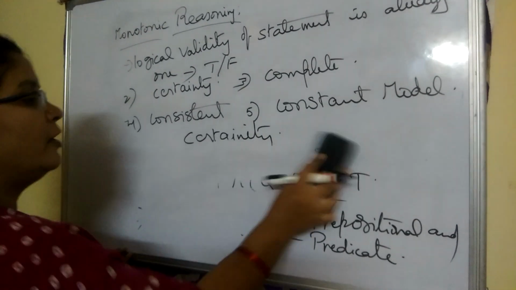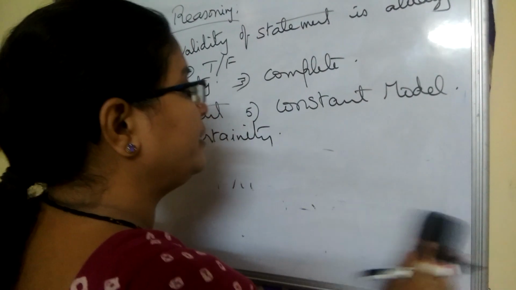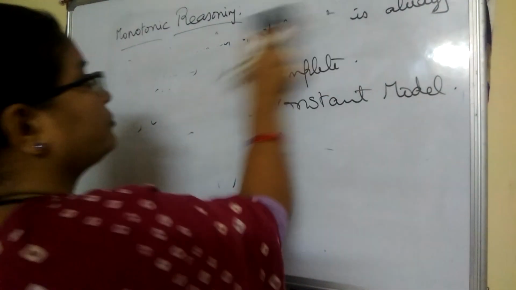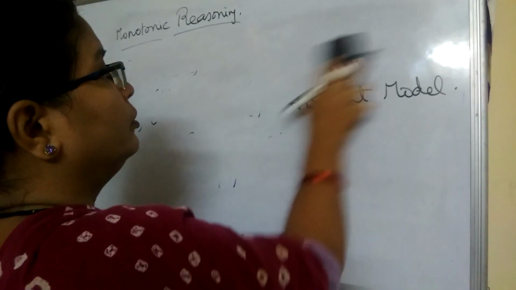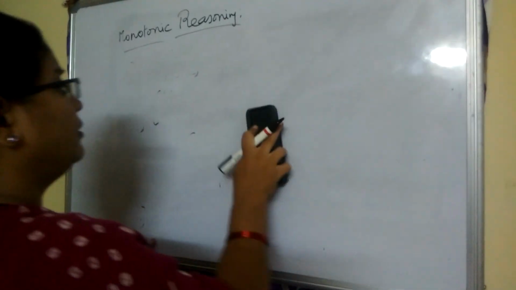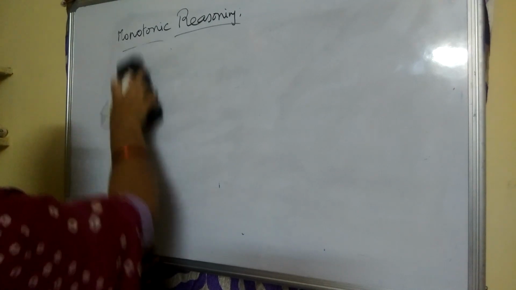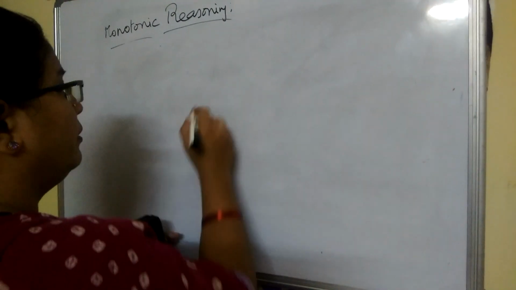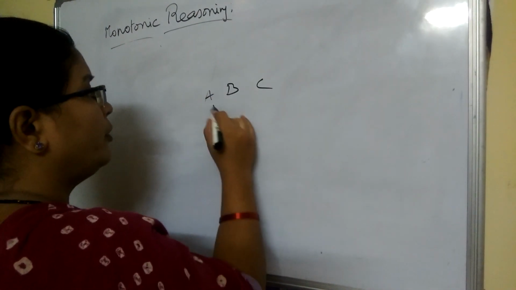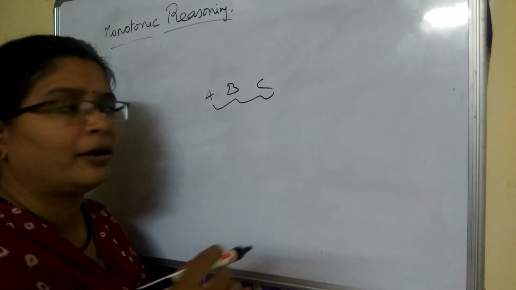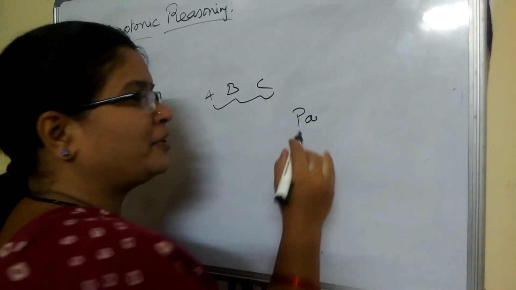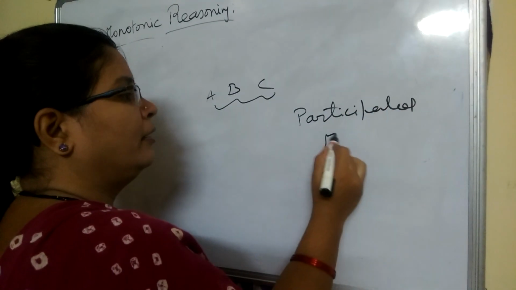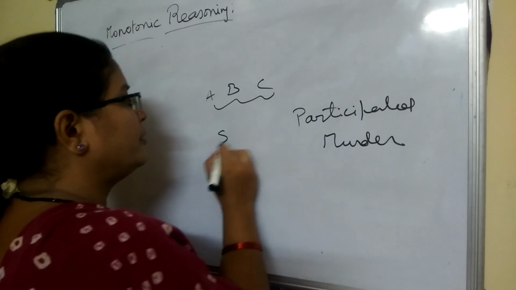Now we are going to discuss non-monotonic reasoning. What is the meaning of non-monotonic reasoning? To go to non-monotonic reasoning, I would like to describe one problem called the ABC murder problem. A, B, C are three fellows. These three are suspicious persons who participated in some murder, and these three are suspicious.